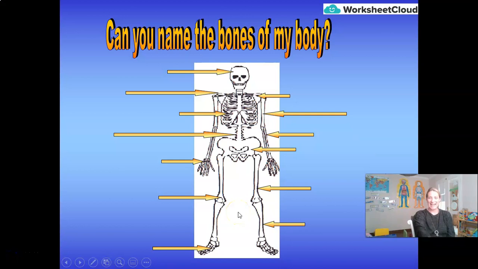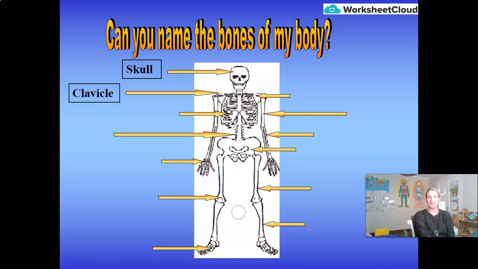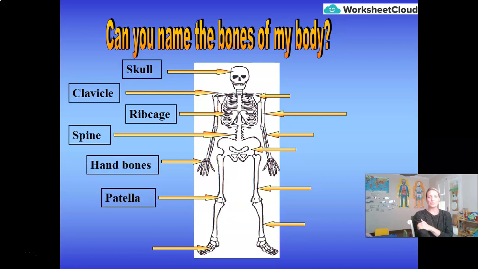So let's see how many you got right. At the top of our bodies, we have the skull, the clavicle, and the rib cage. The clavicle, by the way, sorry, it's not very clear on the diagram, is actually this bone that goes across from your shoulder into the center of just underneath your neck. We have your spine, your hand bones, the patella, which is the scientific name for your knee, your foot bones,